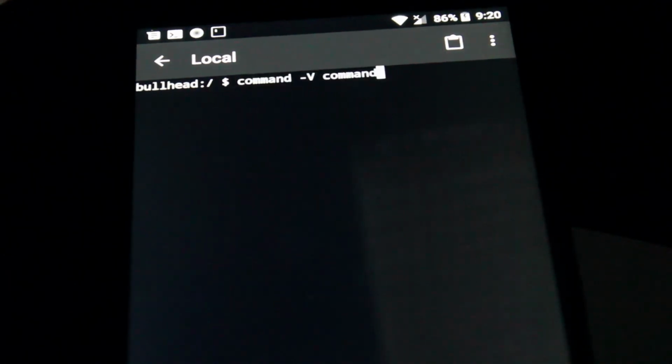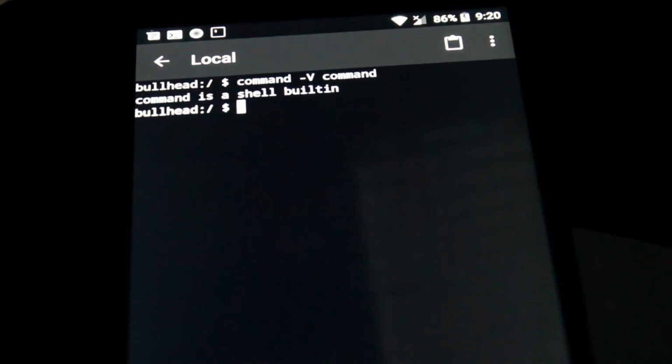So we'll just type command, and it says that it is a built-in command, which is what we expect. But if I was to run type -a type,